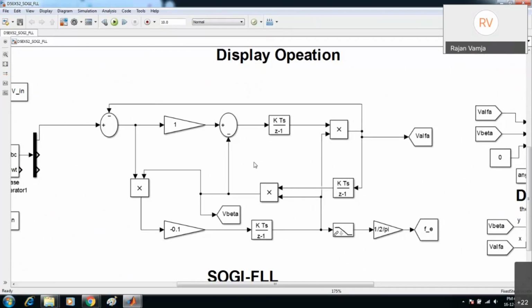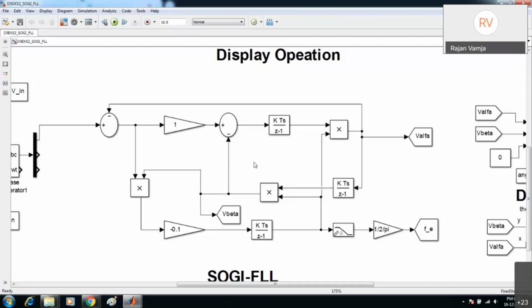Right now in research, many algorithms are there for cases where there is some pollution in the voltage, meaning harmonics are present in the voltage. Then how can we derive accurate information of the angle? That is also an important thing. If we are developing some algorithm, we can easily verify it here by giving some polluted voltage, as well as variable voltage and variable frequency.